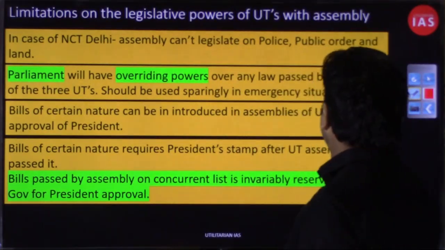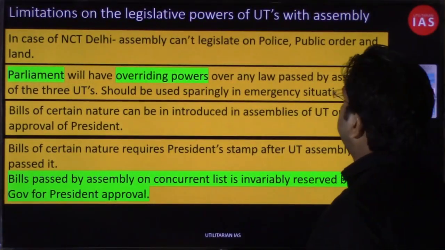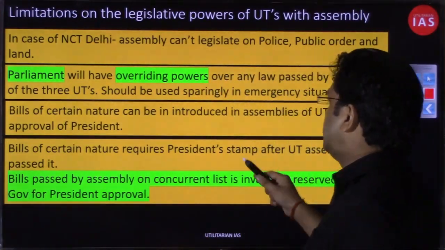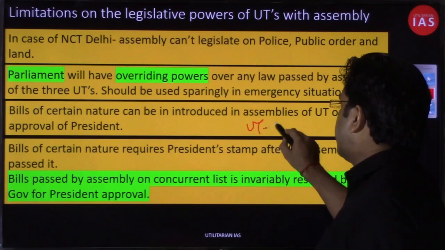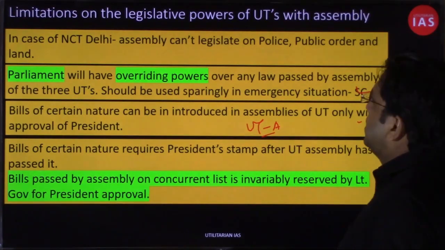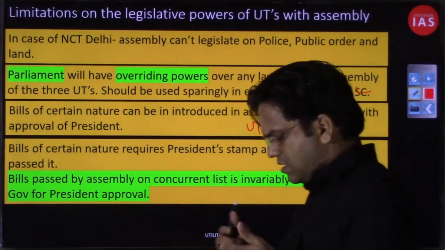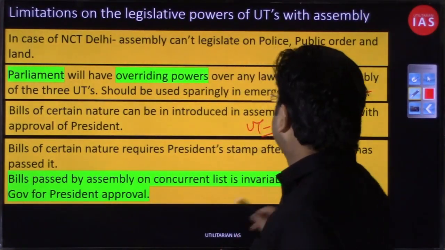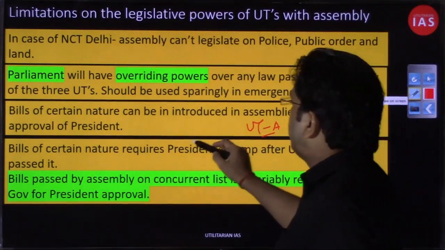So that is the second limitation that has been put on the legislative powers of these union territories which do have an assembly. If you see the third limitation on the powers of union territories with an assembly, the third limitation is that in case of Delhi, and